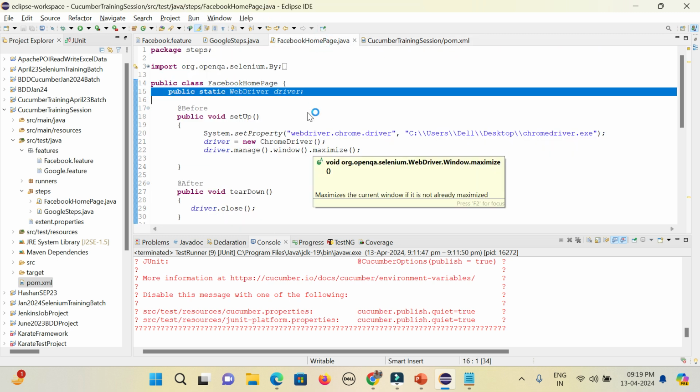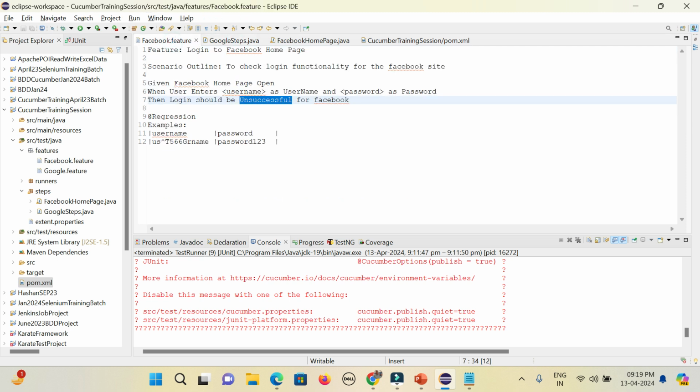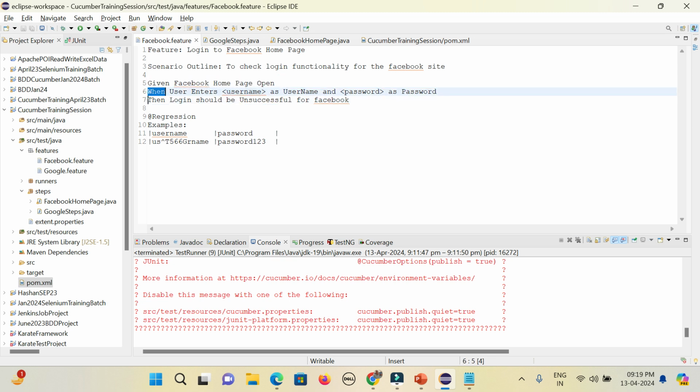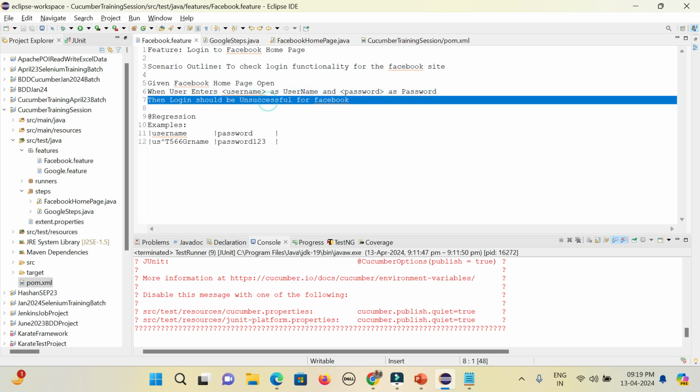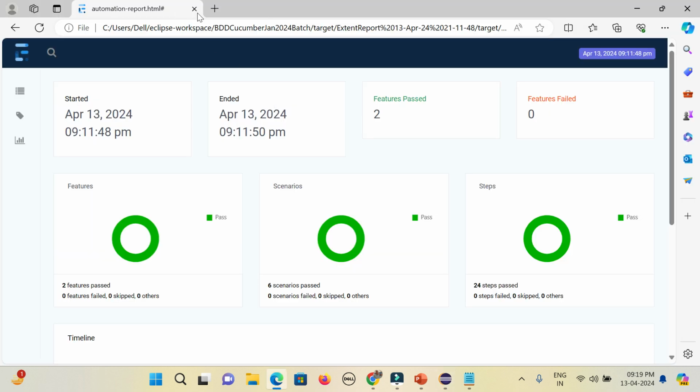So our scenario objective is that I will be opening the Facebook page. Then I will be entering some email ID and password, and that should be unsuccessful. So if I open the Facebook page here,